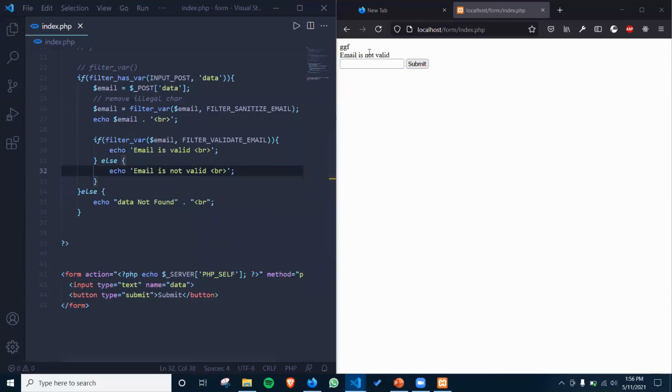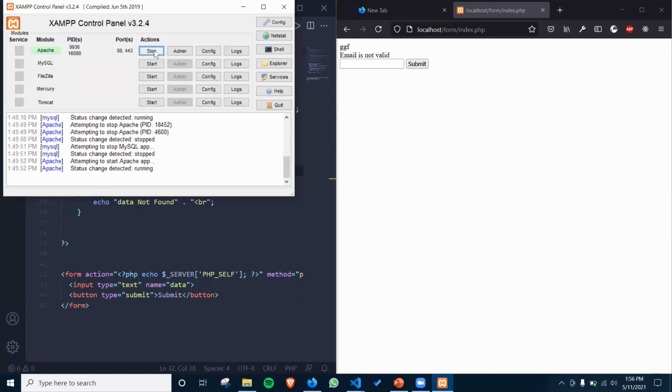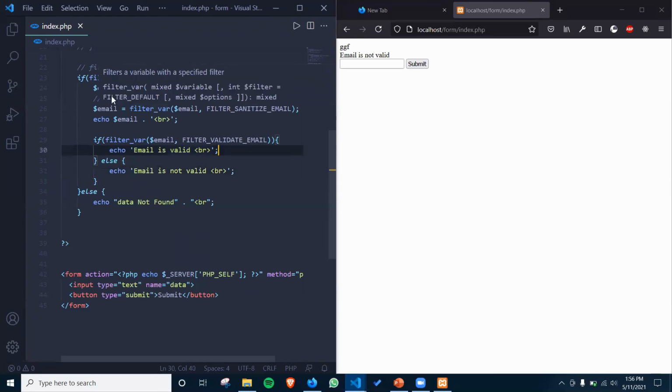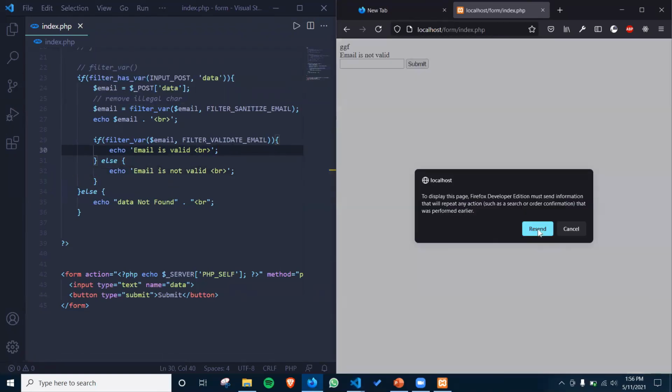So basically what happened here is that my XAMPP server stopped actually. That's why it shows some error here. Okay, nothing shown here. So now let's refresh this page.